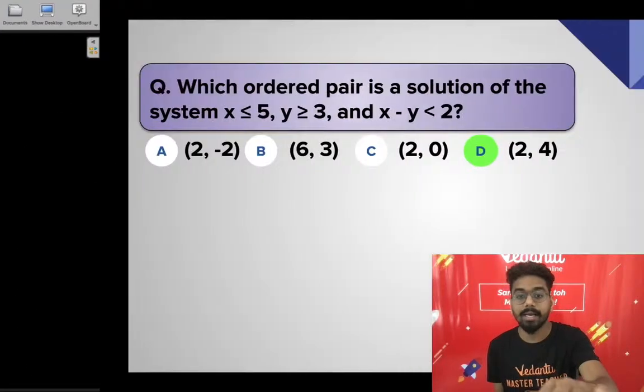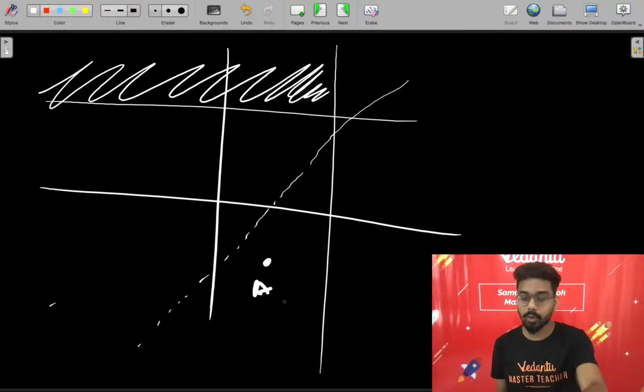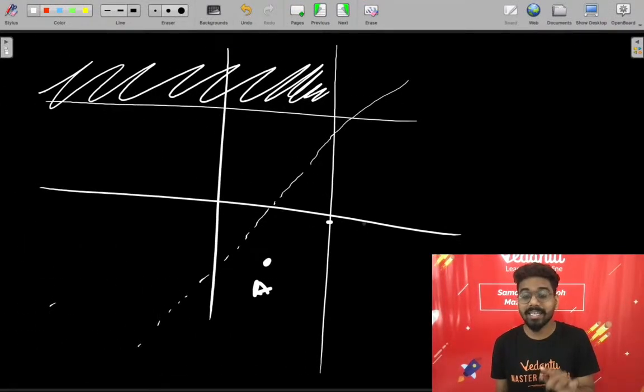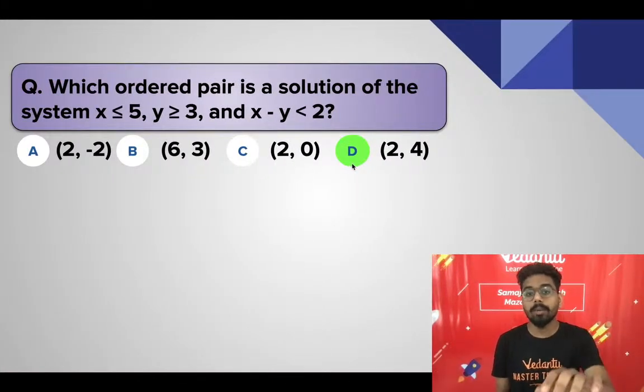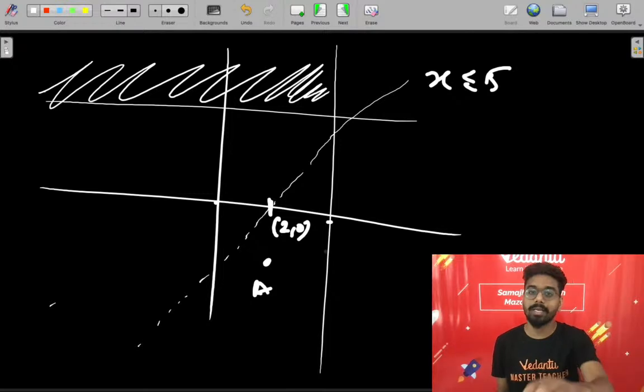अब क्वेश्चन क्या है, क्वेश्चन में है (2, -2), where is (2, -2), x = 2, ओके, somewhere over here and -2, this is option number A. (2, -2) is over here, not possible. (6, 3), x = 6, क्या ये पॉसिबल है? नहीं, it's clearly mentioned x has to be less than or equal to 5, no, not possible. ना (2, 0), क्या ये पॉसिबल है? चेक करते हैं। x = 2 somewhere over here and y = 0, यहां पर कहीं लाई करेगा। अगर आप चेक करोगे तो this lies on the line, ये भी पॉसिबल नहीं है।